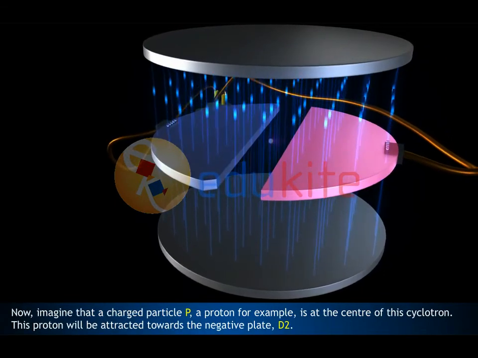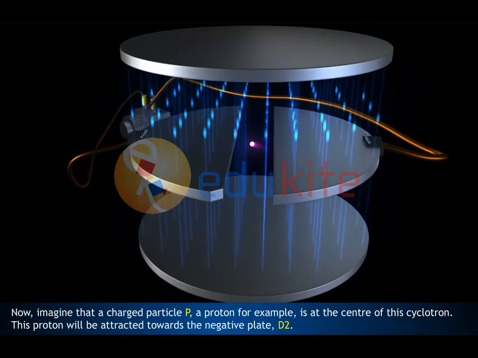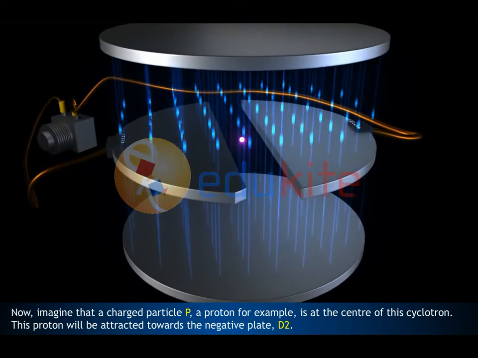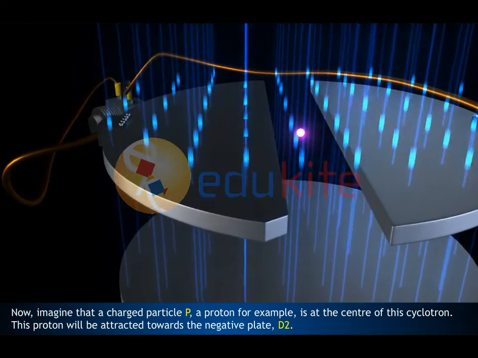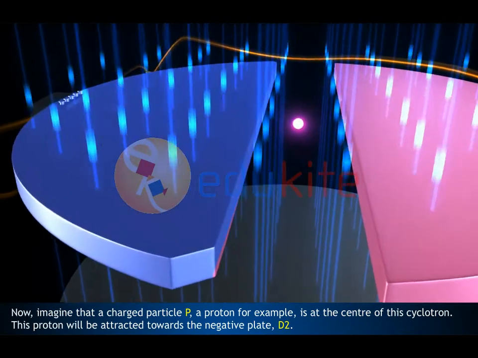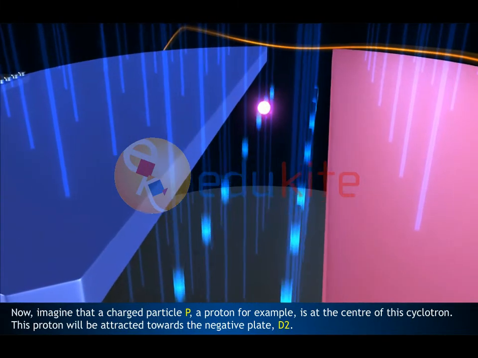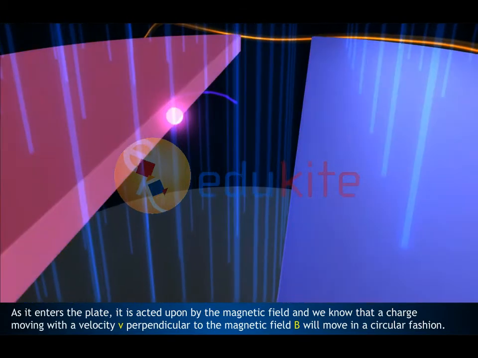Now imagine a charged particle P, a proton, for example, at the center of this cyclotron. This proton will be attracted towards the negative plate, D2. As it enters the plate, it is acted upon by the magnetic field, and we know that a charge moving